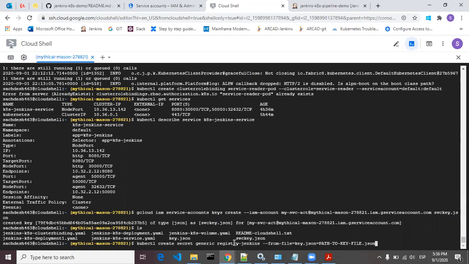So this is the secret that we are going to create from the file key.json.